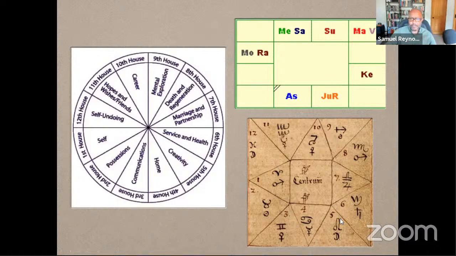And this one, which looks more like magic squares or a game I used to play when I was in grade school, is also a way of looking at charts. This is more from the medieval period, and was common before we even got more into the wheel. Starting again, going in counterclockwise order, first house, second house, this third part of the diamond, or what looks like the diamond, is here, and we see the numbers around the margins.